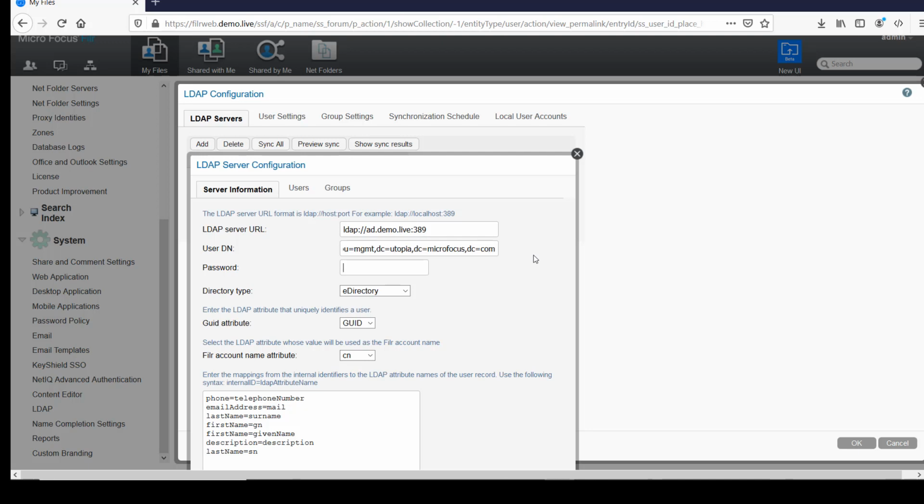And then we need to just put in the password and change the directory type from eDirectory to Active Directory. That should change our GUID and file account name attributes. Next, we just need to click on users,